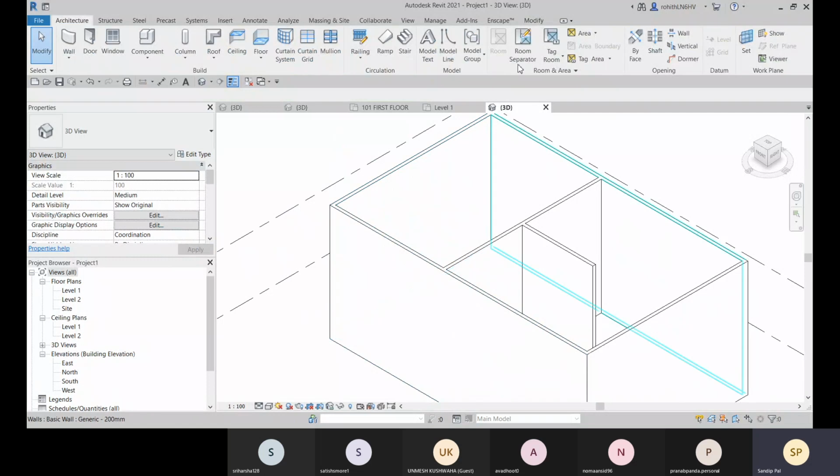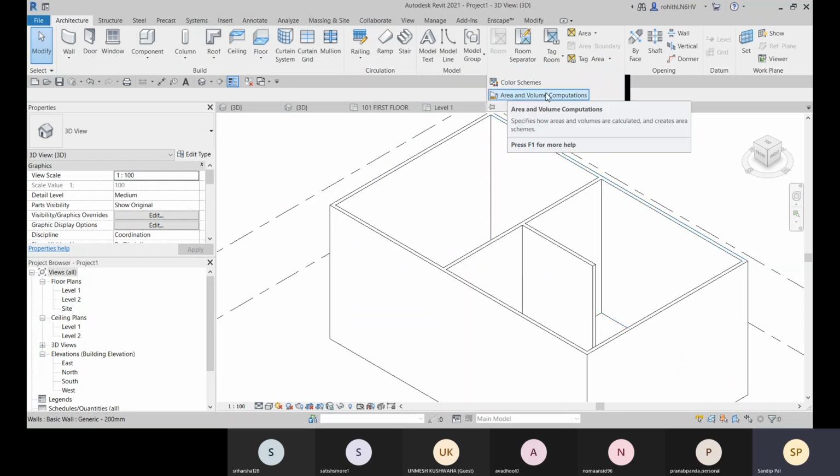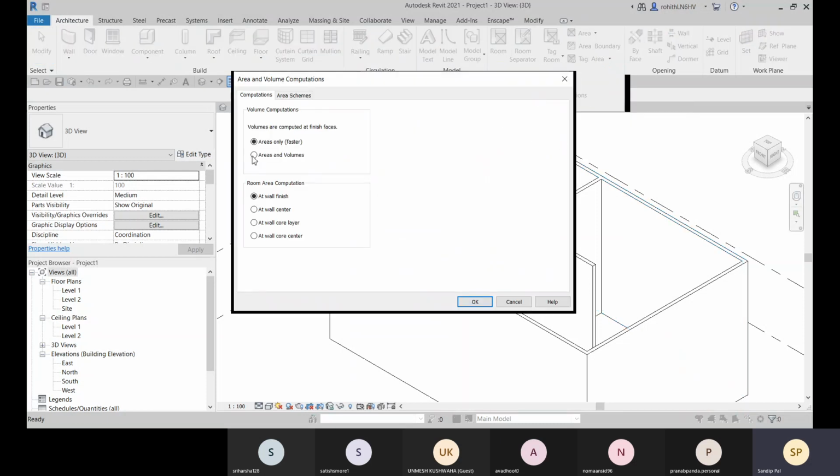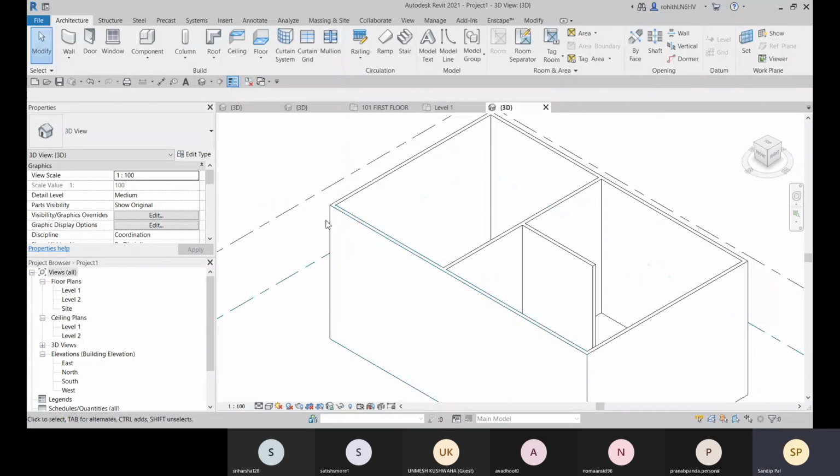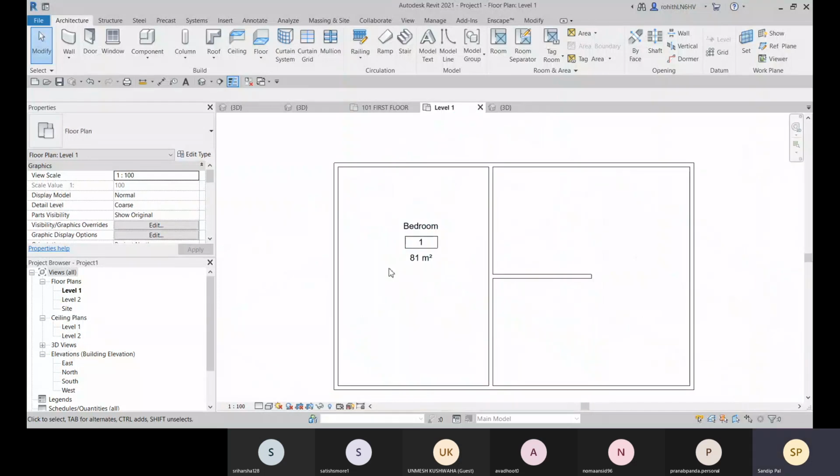So for that, what you need to do is go to this room and area drop down arrow, click here, and here we have this area and volume computation. Now you can see that this is set to areas only. You need to choose areas and volume, so it will calculate the volume. Now you can click OK.